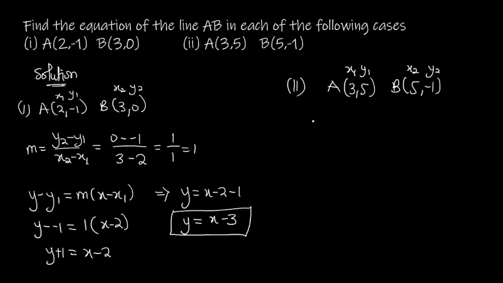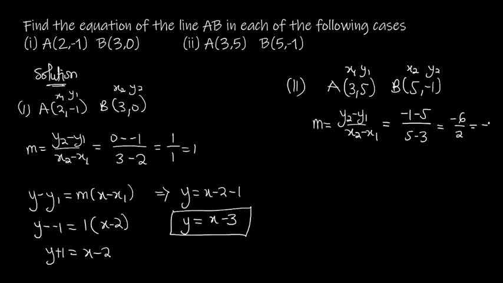To do that, I have m, which is my gradient or slope, is equal to y2 minus y1 on x2 minus x1. This is equal to my y2, negative 1, minus my y1, 5, on my x2, 5, minus my x1, 3. So I have negative 6 here on 2,